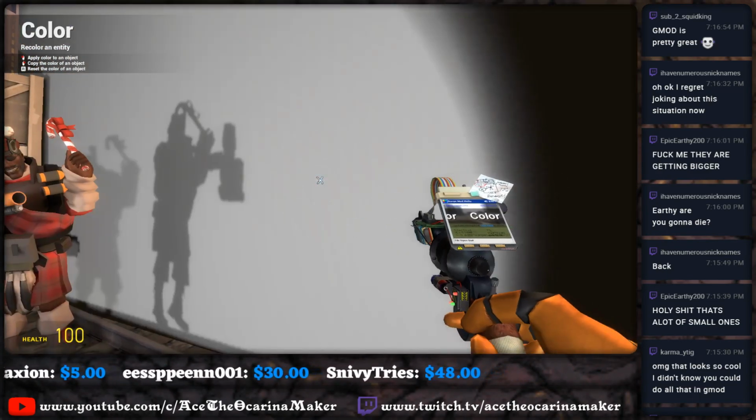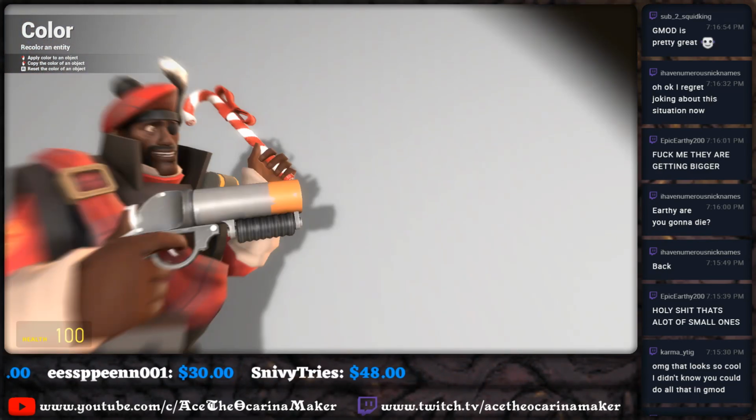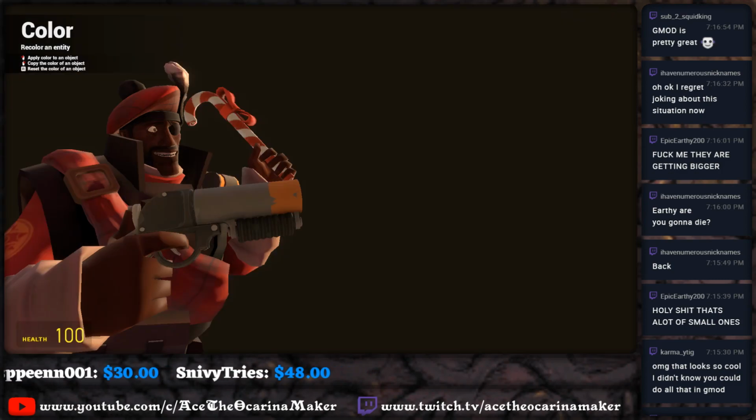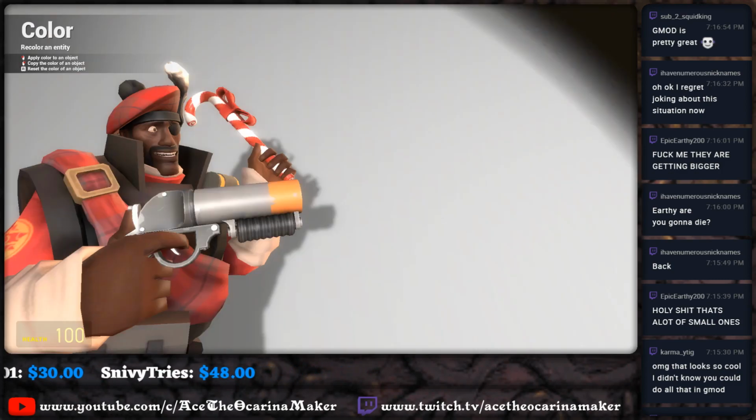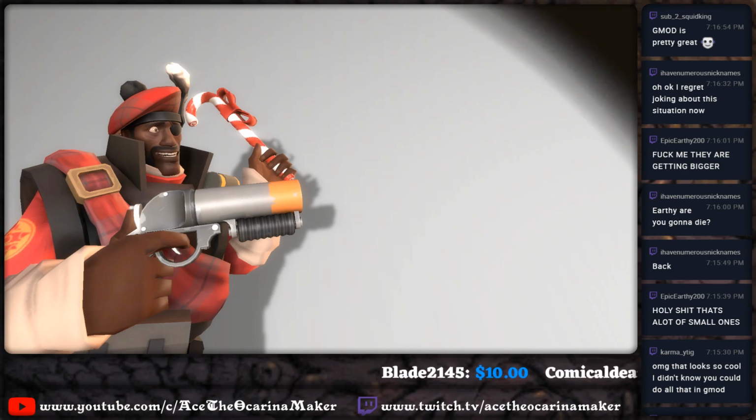We could make it gray. Gray would be pretty easy to work with. Yeah, it's not quite the gray color that would interfere with the Scorch Shot. Plus the Scorch Shot's in the shadow, which is another variant of gray that we can just remove. Yeah, it looks like that color of gray will be fine. So we're going to